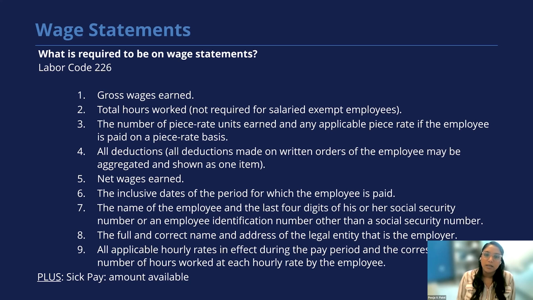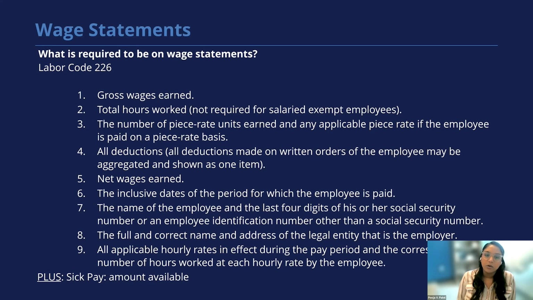The number of piece rate units earned and any applicable piece rate if your employees are paid on a piece rate basis, all of the deductions, and if a deduction is made because of a written order of the employee, you can aggregate that and show that as one line item rather than multiple line items. You also need to include the net wages earned, the inclusive dates of the period for which the employee is paid, the name of the employee and the last 4 digits of their social security number or an employee identification